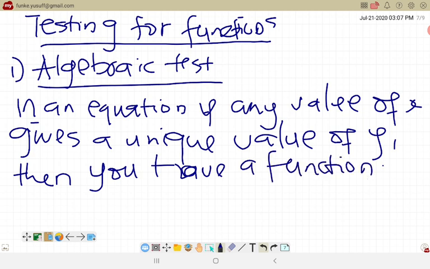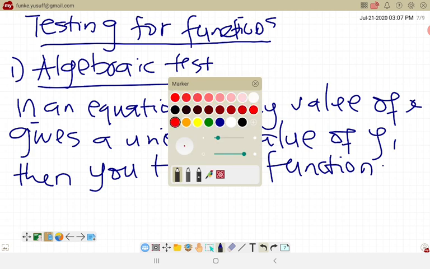Okay, so any value of x that you substitute must give you a unique value of y. Then that equation is a function. For example,